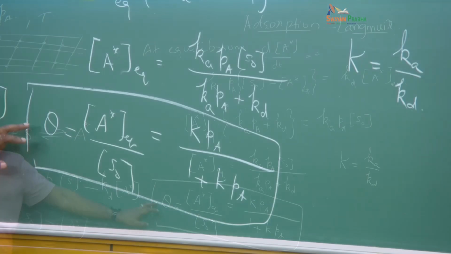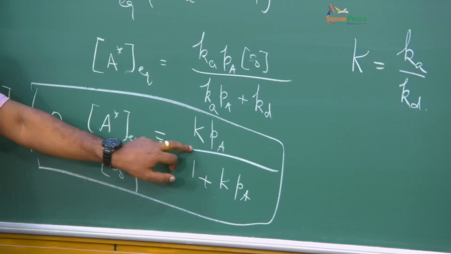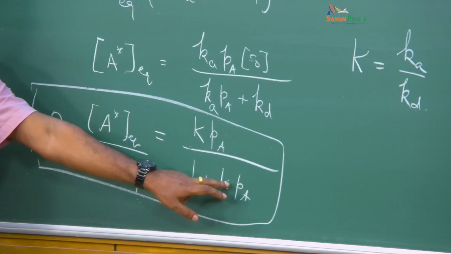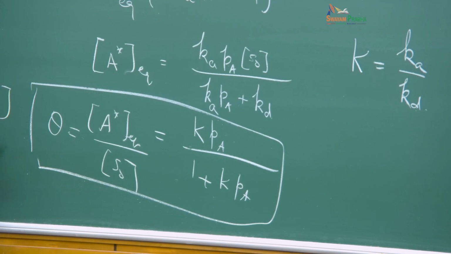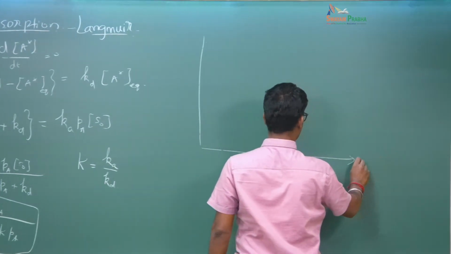The equilibrium coverage of the substrate or adsorbent is given by the equilibrium constant K, which is constant for a given temperature, times Pa, over 1 plus K Pa. Okay. So, if you plot this function as a function of Pa,